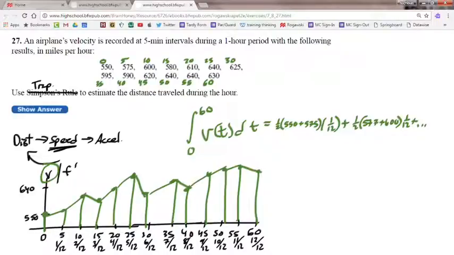Let's write this a little neater, shall we? Because we have constants in here that we can factor out, let's factor out that 1/2 and that 1 over 12. Since this one has a 1/2 and 1 over 12, this one has a 1/2 and a 1 over 12, and the next one will too. So let's take those out. What would I get? 1 over 24, because 2 times 12 is 24. So I have 1 over 24, and then I'm going to have 550 plus,